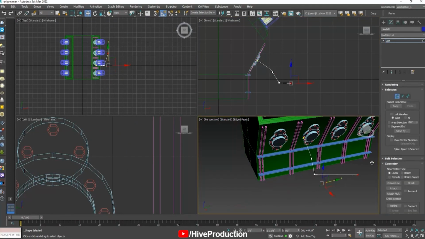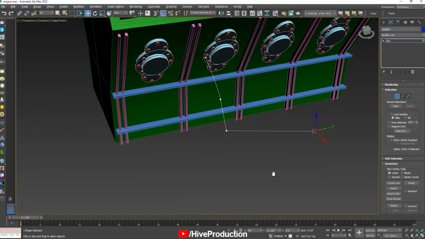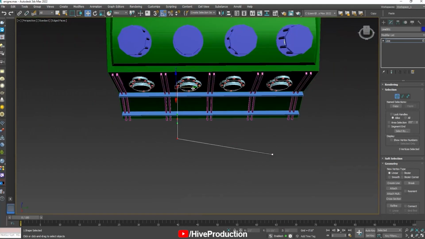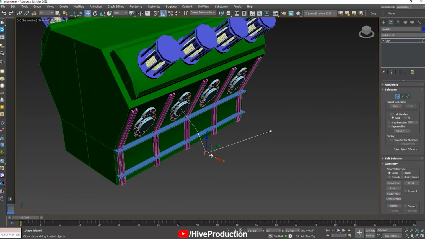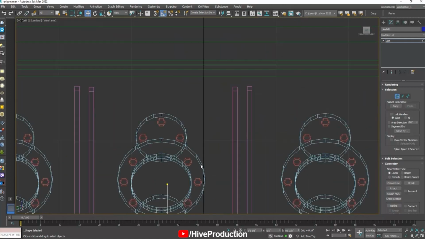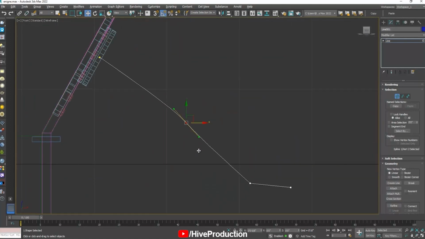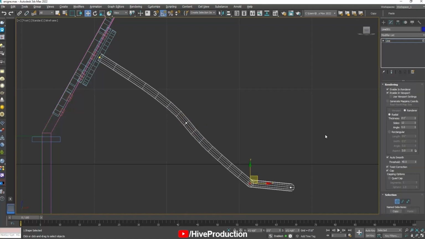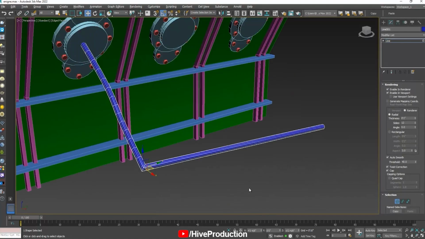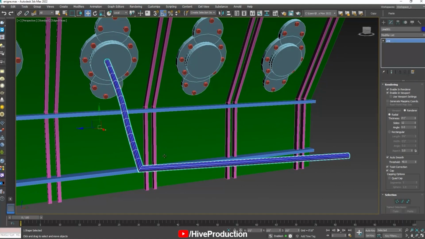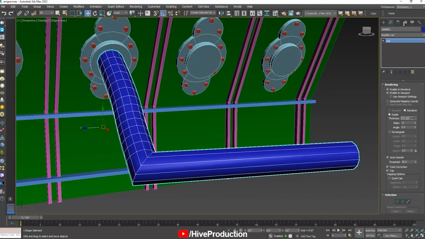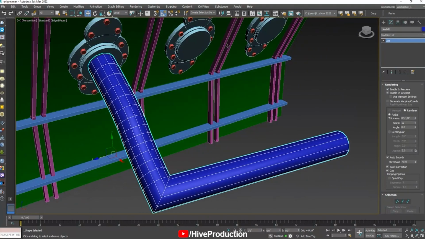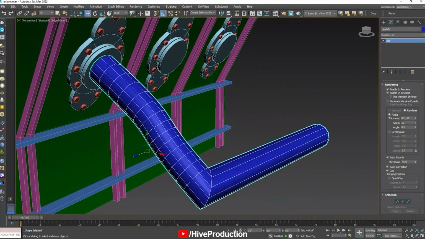So take the vertex and give it a direction to the back side and adjust this like that. So here it is. I'm going to see the position like this. Okay, turn on the rendering so you can see the thickness. Okay, increase the thickness like this,